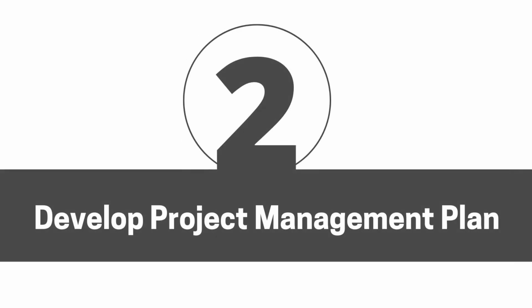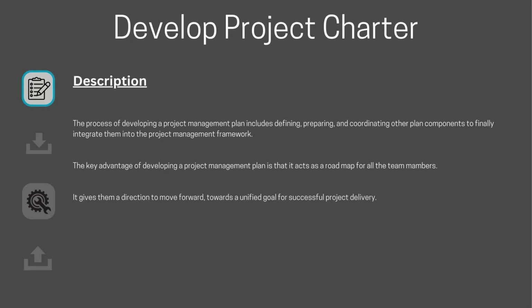Moving on, the next process is the development of the project management plan. This process is part of the planning phase, where the goal is to create a comprehensive plan for managing the project. There are 10 knowledge areas that make up the project management framework. Each knowledge area contributes to a plan that is developed specifically for that area. For example, scope management will have its own plan, and cost management will have a separate plan. These plans are known as subsidiary plans.